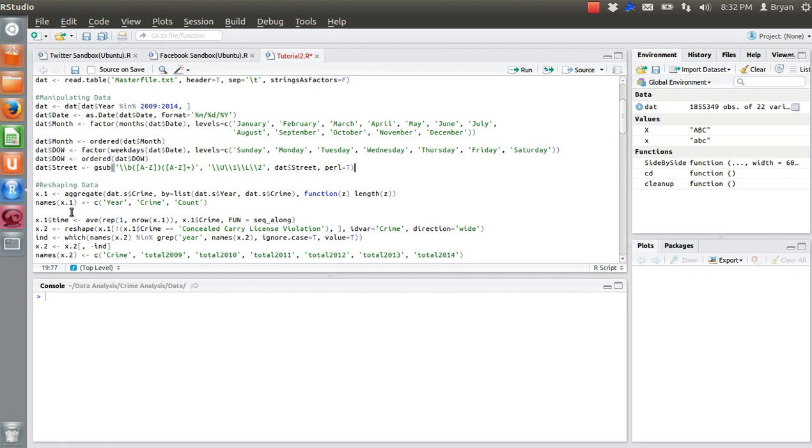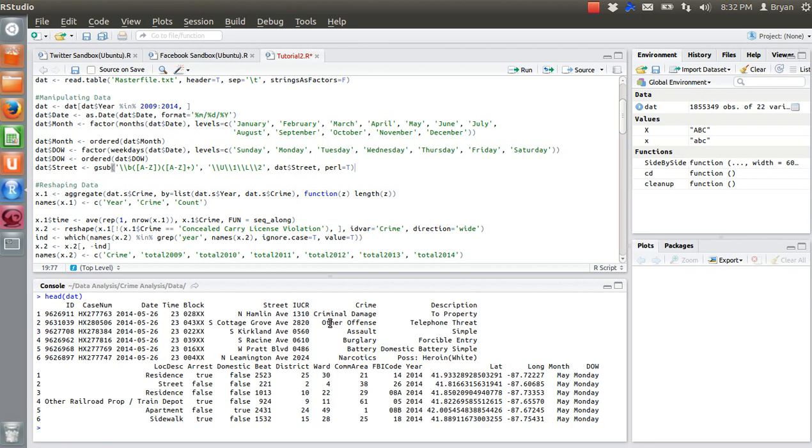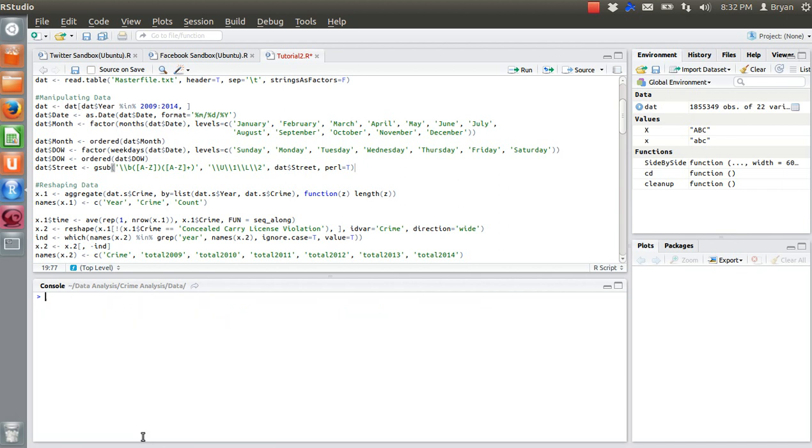aggregating or reshaping data. So if we look, one of the things we have is crime. We also have year, and maybe one of the things we want to know is how much crime takes place each year by crime. So I don't only want to count the number of crimes that took place in a year, I want to know the count of each type of crime that took place each year. And so I can do that. And so if I use my aggregate function,